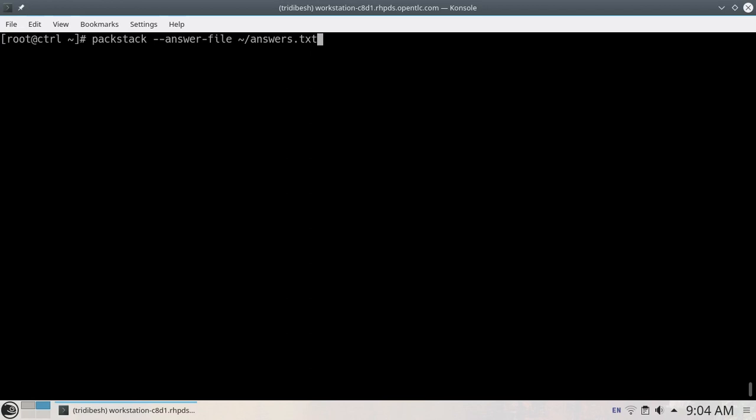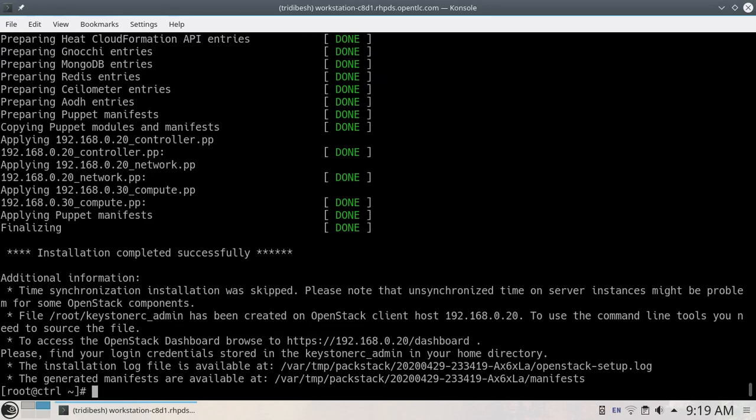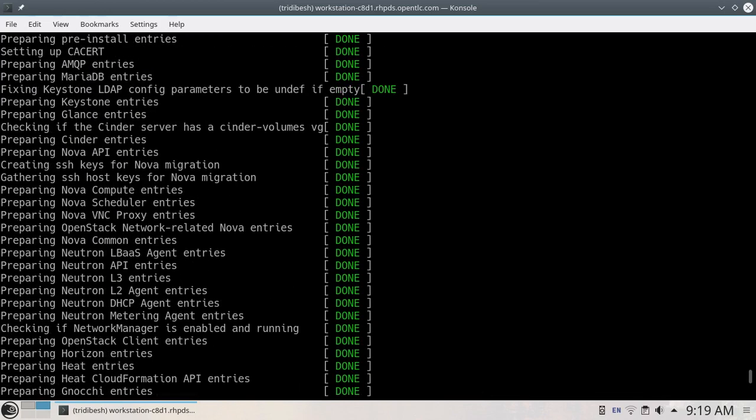So let's start this. What I will do, I will start this and show you how it looks, and then I'll just skip it to the end, so to save some time. So you can see it's starting up and it is setting up the SSH keys, and accordingly it will go for some 20-30 minutes, depends on the settings and resources we are providing to our servers. So what I'll do, I'll just pause it here and I'll come back when the installation is done. So you can see it is installed after almost 20 minutes.